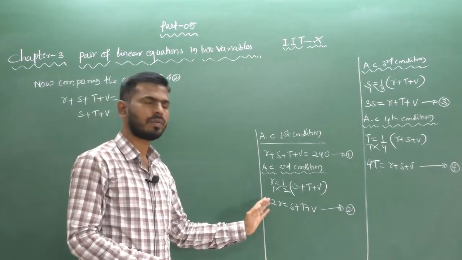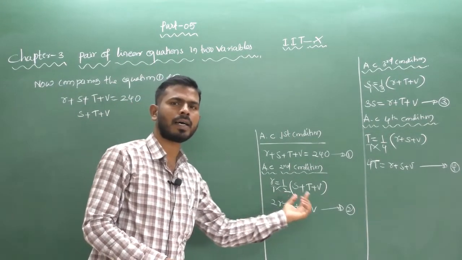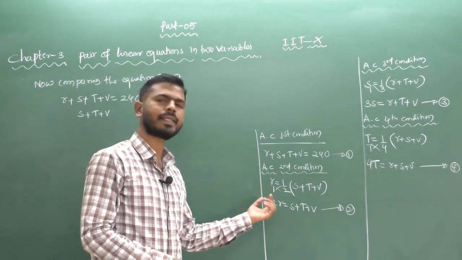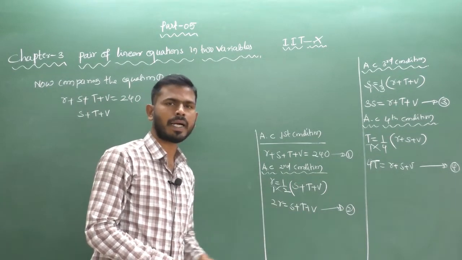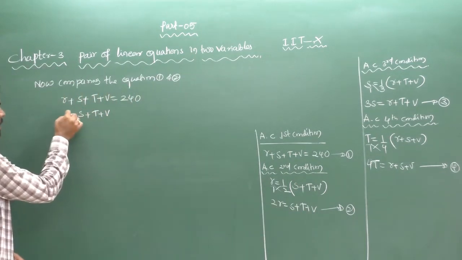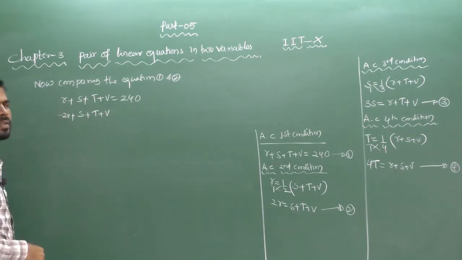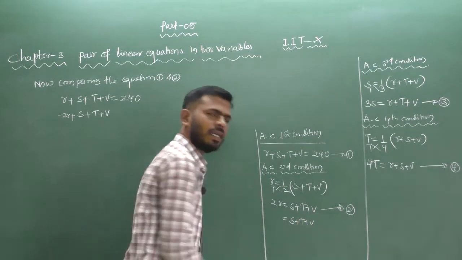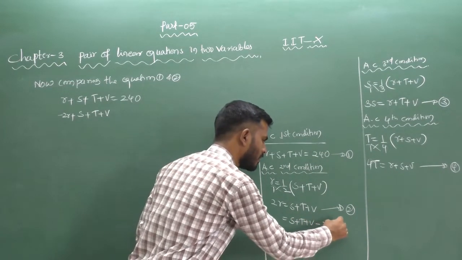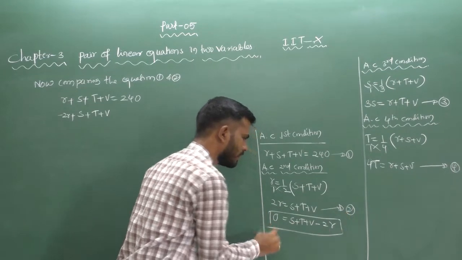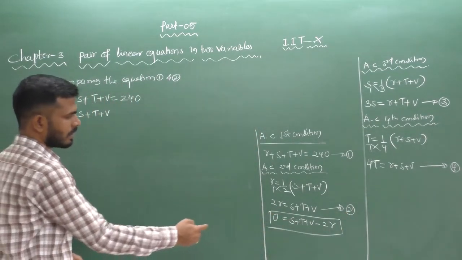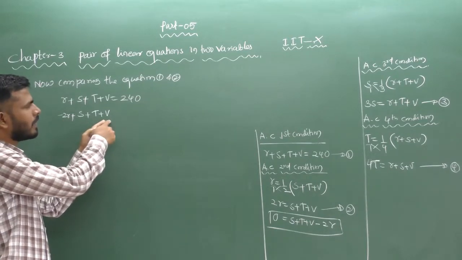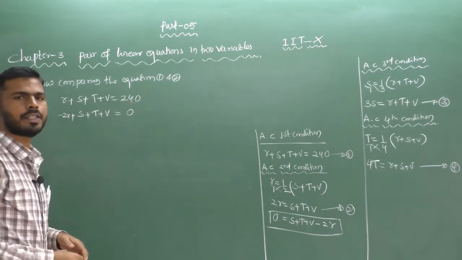So this is 2r. Suppose you have to transform from LHS to RHS. So the sign of 2r will change. Here plus means it becomes minus. So we can write minus 2r here. For example, I will write here s plus t plus v, plus 2r means it becomes minus 2r equal to 0. This condition only I wrote here. First one is minus 2r plus s plus t plus v equal to 0, here nothing is 0.